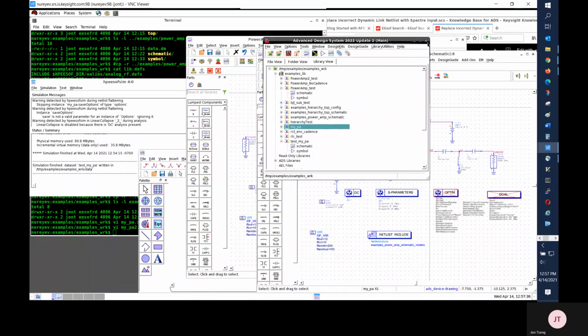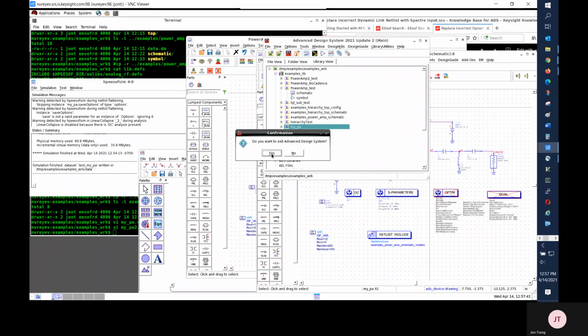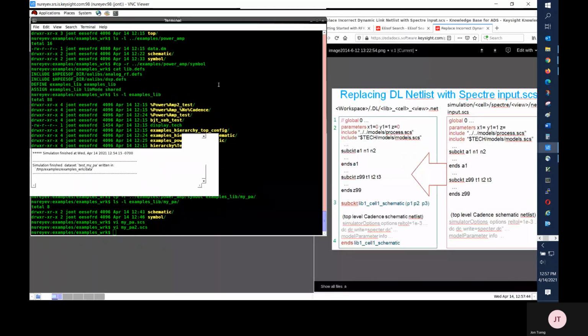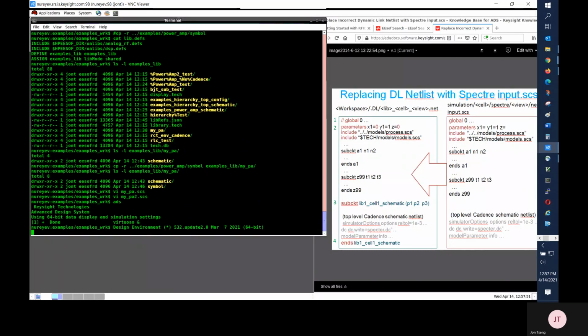Now I'm exiting ADS and will restart ADS standalone. And once ADS has started, I will run the same simulation again.